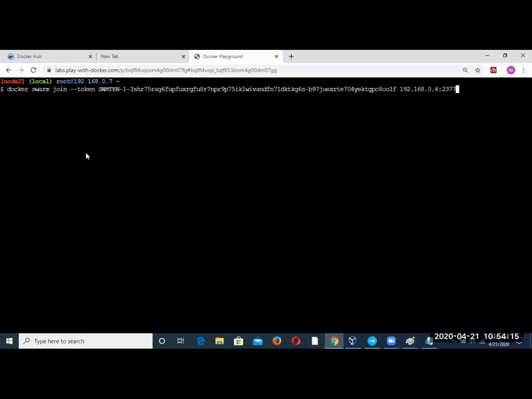And that swarm is at which port? 2377 is the internal port, and the master is at the 0.0.6 IP address. That is correct? So you see all of these three are in the same network. What it says: this node joined a swarm as a worker.